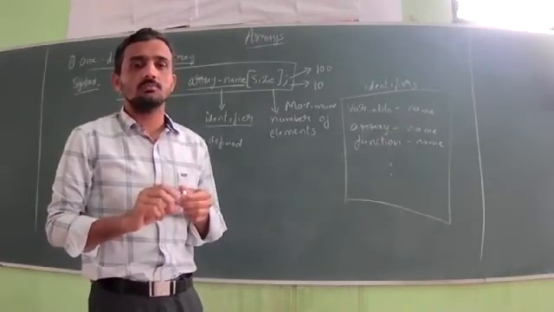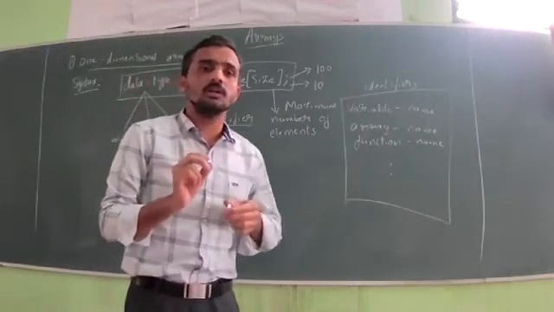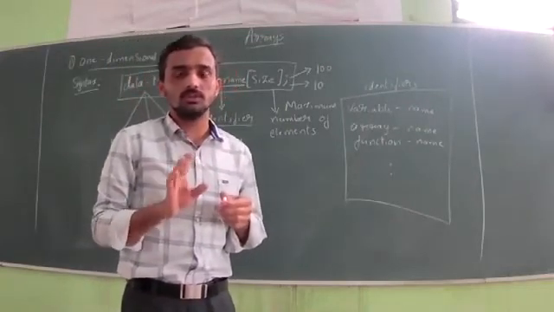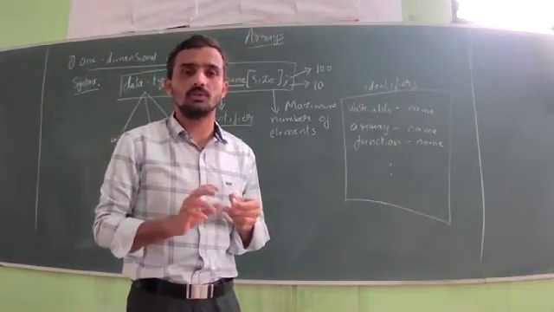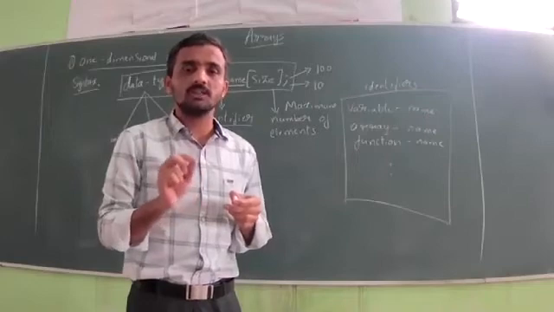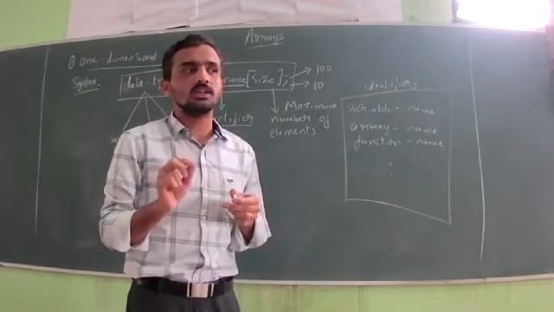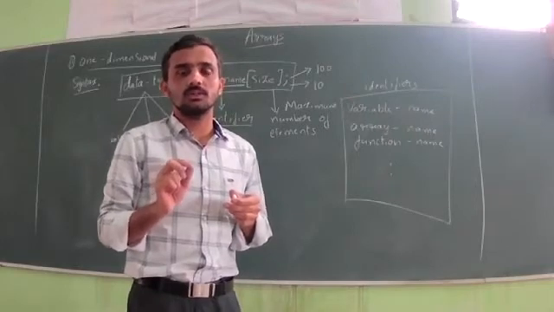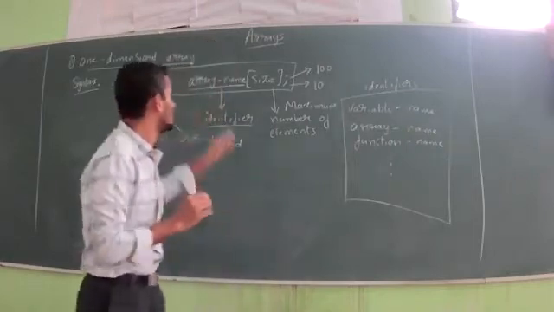Blank spaces not allowed, keywords not allowed, first character should not be a digit, symbols except underscore should not be allowed. These 4 rules you remember, and you can write your own array name, variable name, function name. Once again, blank spaces not allowed, keywords not allowed, special characters except underscore not allowed, and the first character should not be a digit. So remember these 4 rules and write the identifier.